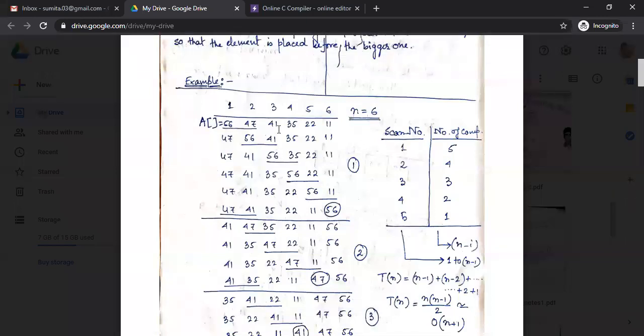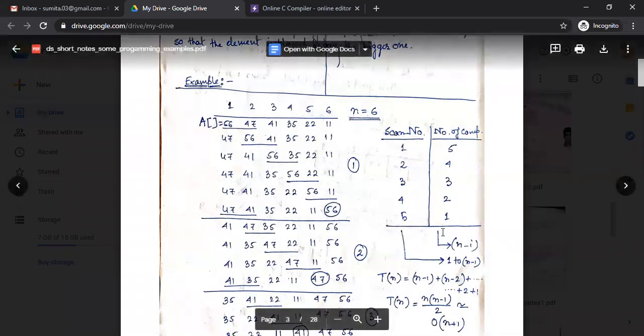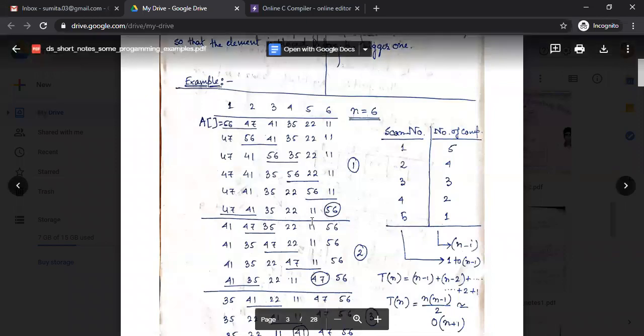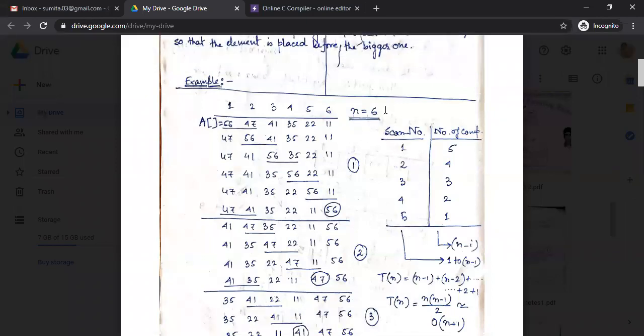Because if you have n elements and you place n minus 1 elements in ascending order, then the nth element is automatically placed. So that's why the pass number or scan number required is n minus 1. Whatever your n value is, the pass number totally depends on n. For this example, n is equal to 6, that's why we require n minus 1 passes.